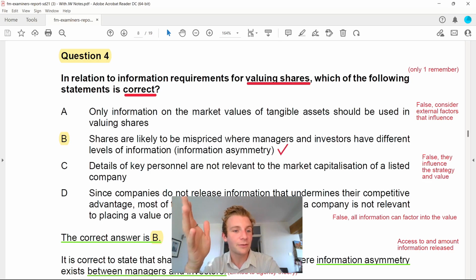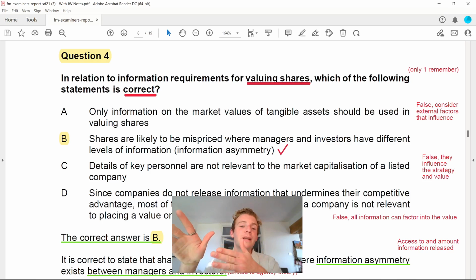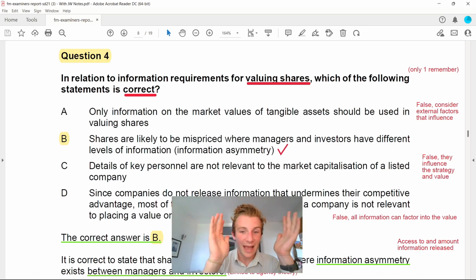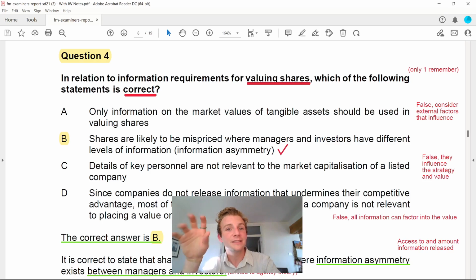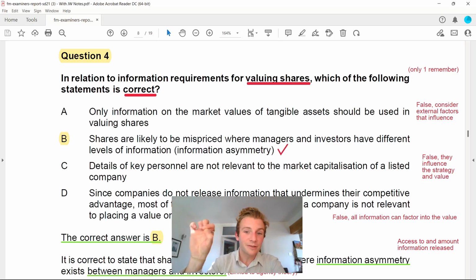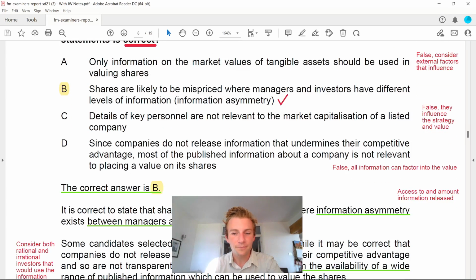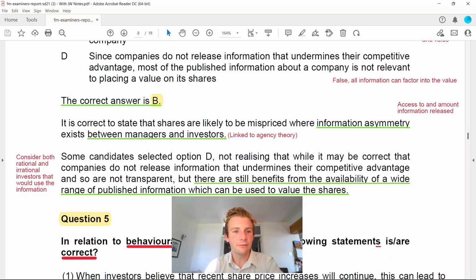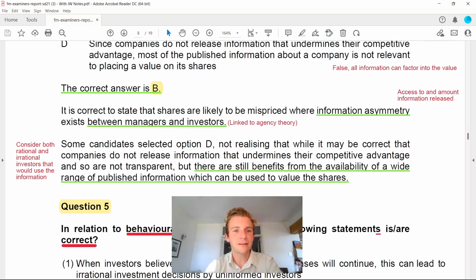Whereas the answer that they've given for part B, shares are likely to be mispriced when managers and investors have different levels of information. So this is where you can have how much is disclosed externally versus how much is disclosed internally. This is the efficient market hypothesis, for your notes, to look back in your core text. So the correct answer is B, access to and the amount of information released, information asymmetry,